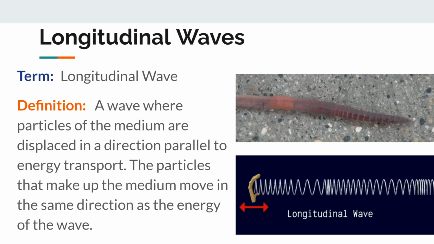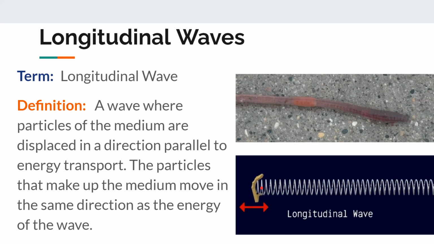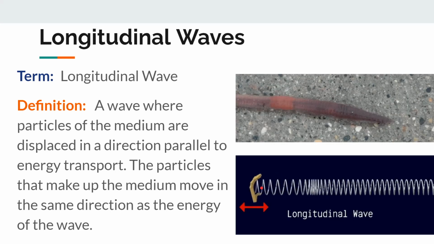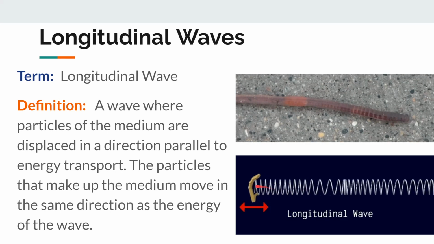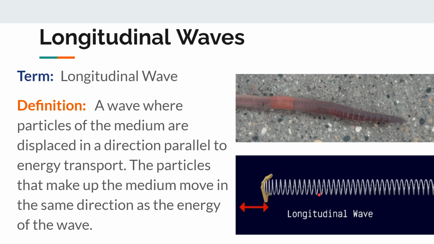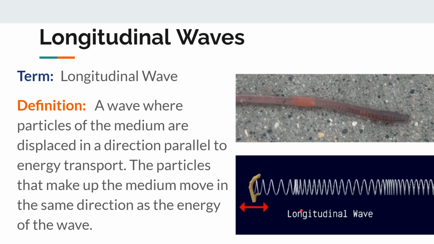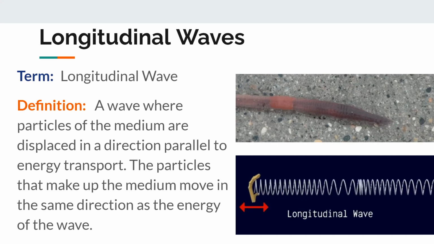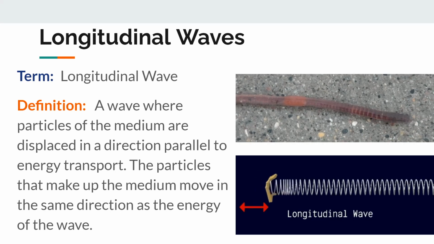If you look at this example of a slinky, there's a hand here at the end that just pushes on it and sends this compression through the slinky. And obviously the wave is traveling from left to right across my screen. You can watch it move. But the particles that make up the slinky are also oscillating left to right. And so the direction of particle motion is parallel to the direction of wave propagation,